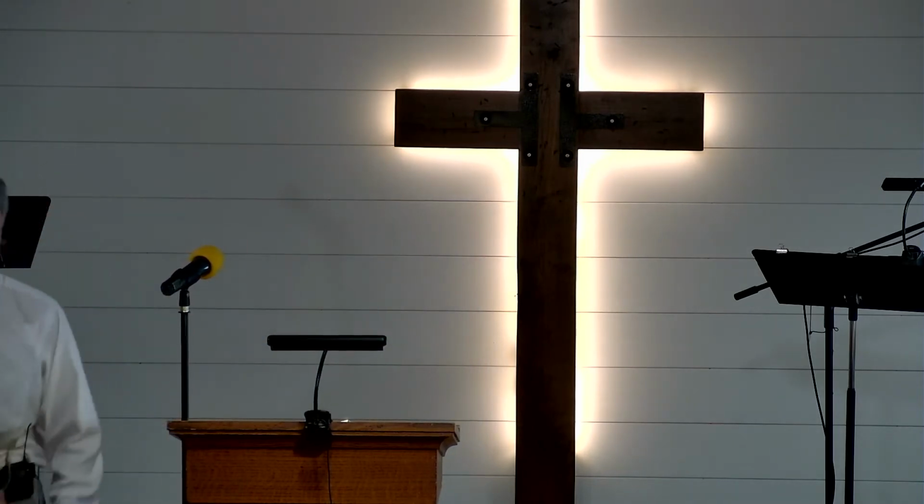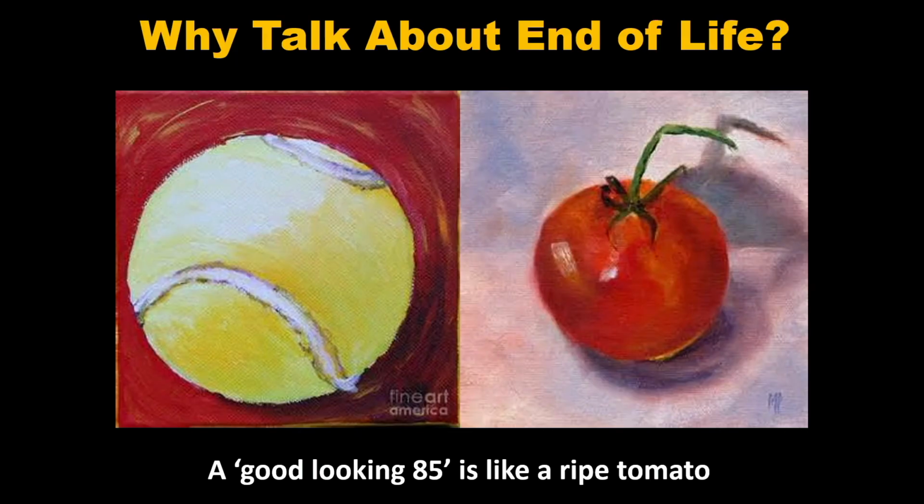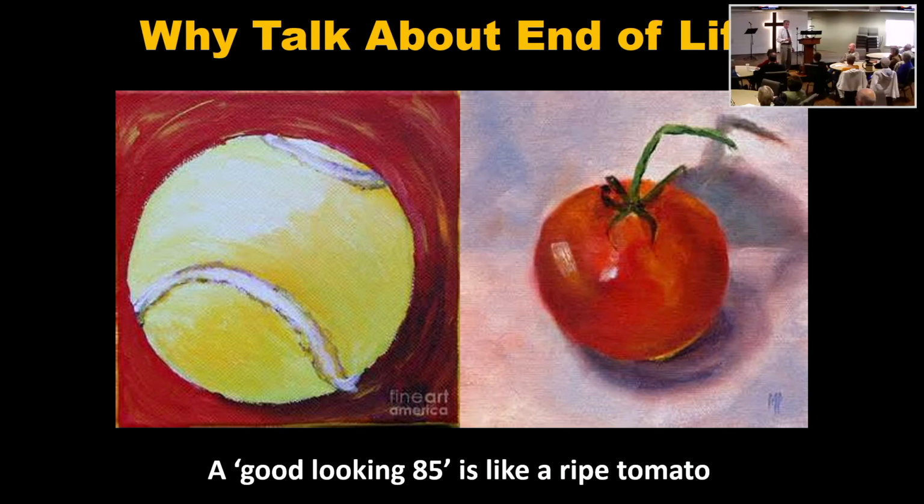But that's like a ripe tomato. It's a good-looking tomato. And if you bounce the tomato, the tomato does okay. But then you walk up with some catastrophic illness. And you say, okay, tomato, boom. Some tomatoes do bounce up. Most tomatoes don't. They splatter. And once they've splattered, for the most part, all the king's horses and all the king's men and all the doctors can't put them back together again.